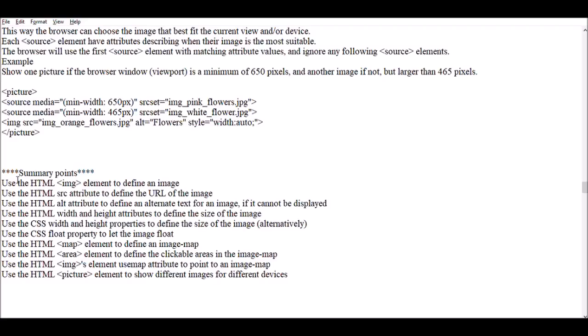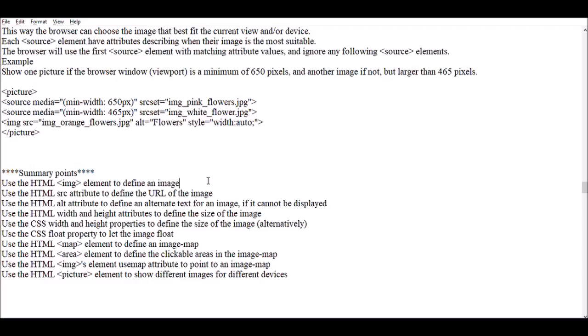So now let's move to the summary points of the HTML which we discussed till now. Use the HTML img element to define the image. Img is an image tag having an attribute src, which is the source where you mention the file name, and another attribute of img is alt, which is used for alternative text, displayed if the image is not displayed.